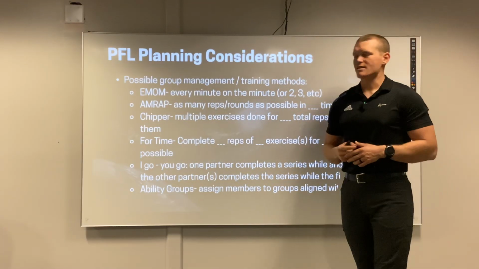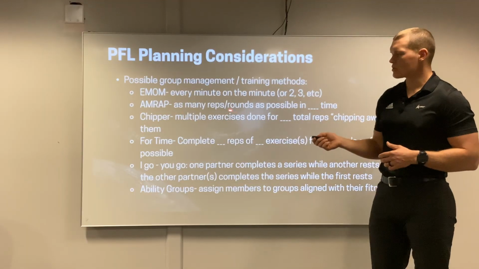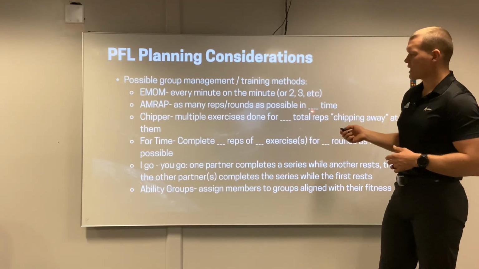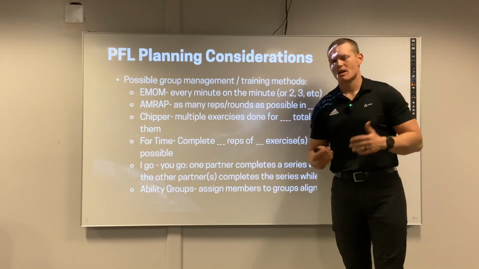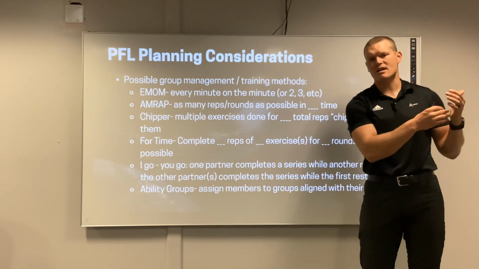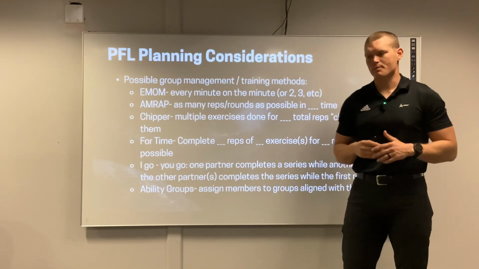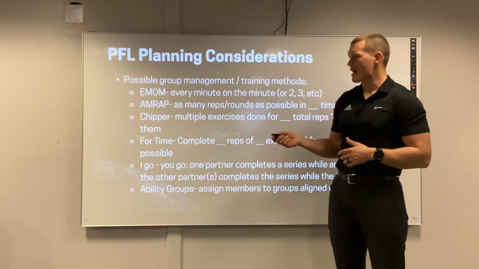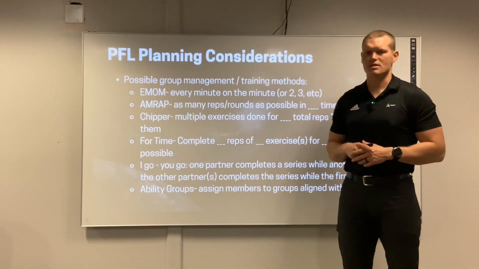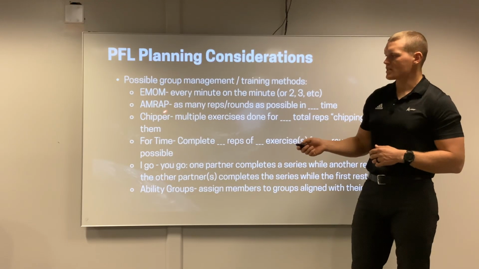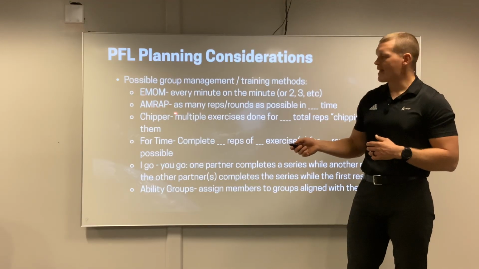Another way that we can use this is as many rounds or reps as possible. You might know this as an AMRAP. So in a blank amount of time, in 10 minutes, I want you to complete as many rounds as possible of, let's say, 1 lap on the track, doing 10 push-ups, doing 10 air squats. Do that for 10 minutes and complete as many rounds as possible. Something super basic and easy to understand, but that gives us a predictable time window,